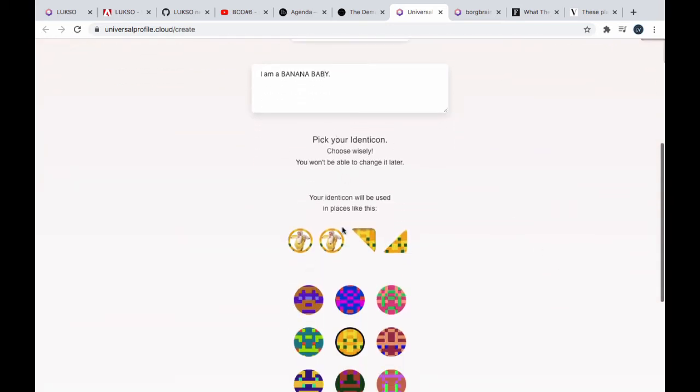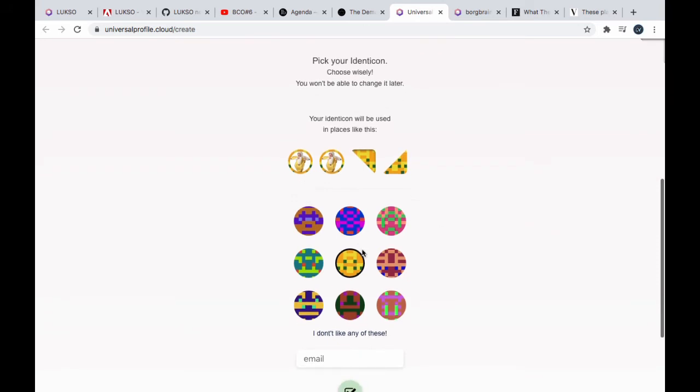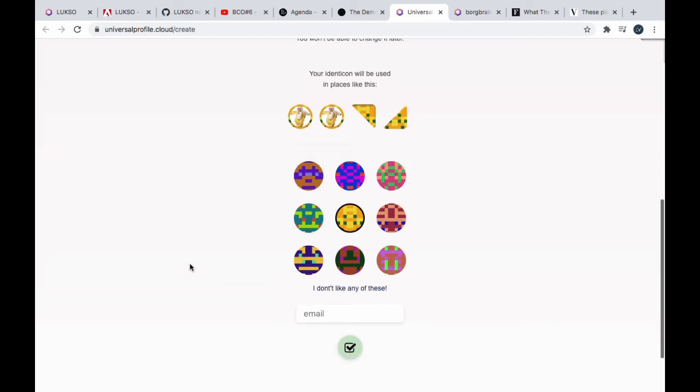And you come down here, and I get a unique icon, and so this is what I'm choosing right now. So check this out. So my identity, I can't choose this later. So here are these pictographic hashes. They're random, and I really like this. This one really goes with this, but I'm going to show you this. So I could choose this one, right? Or I could choose this one, right? And I say I don't like any of these, and I get a whole new set, right? And I can just keep going through them until I get one that kind of fits.